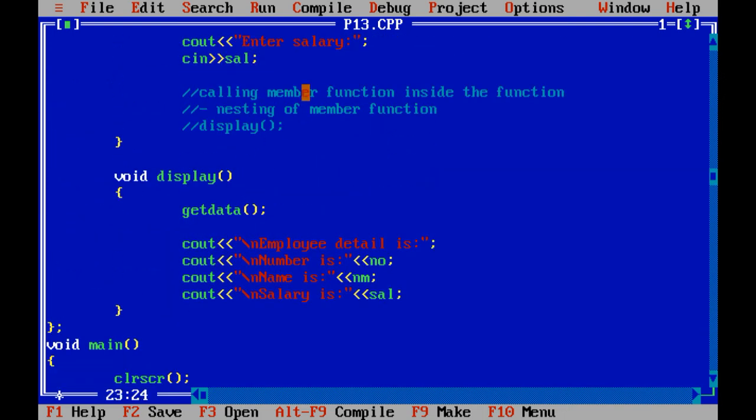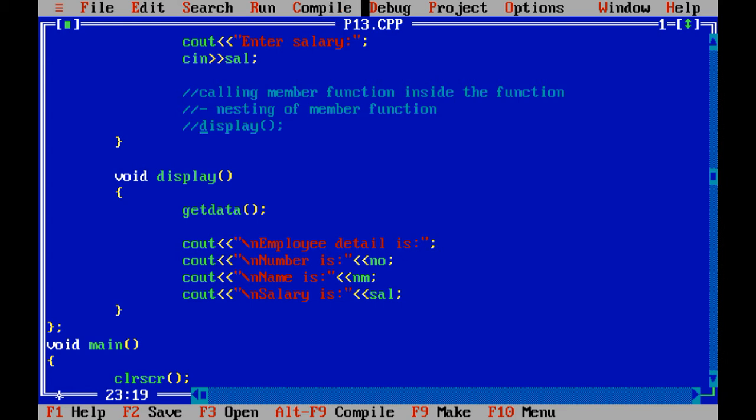And while you call one function within the other function but the class is the same, in such cases no need to create the object of that class. Because what is the reason? Because see, both are the properties of the same class. If that property belongs to you, that is your personal property, at that time no need to take permission, or we can say no need to create the object of the class.